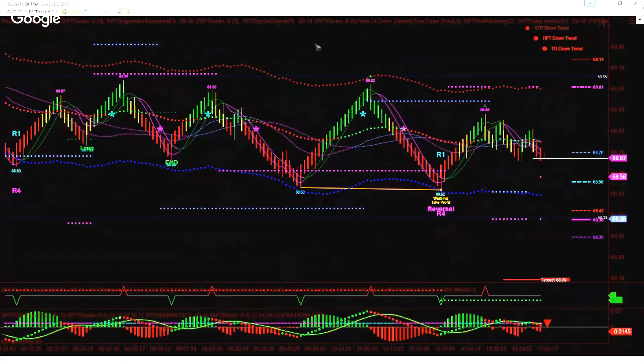The Renko bar has an advantage and a disadvantage. First of all, I will be covering that next week, and I'm going to show you some of the tricks on the Renko bar. One of the greatest things in the Renko bar is the reversal, because they are the best things.